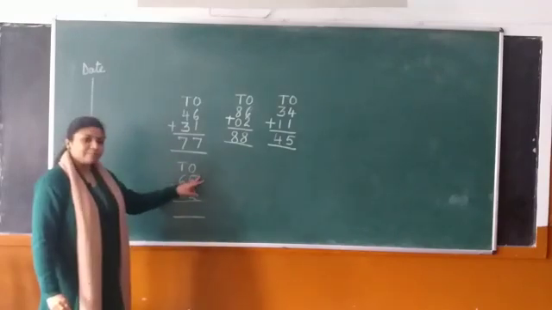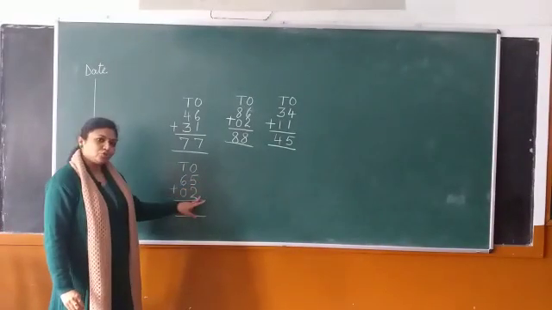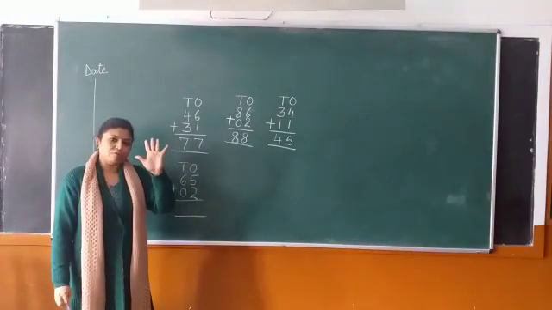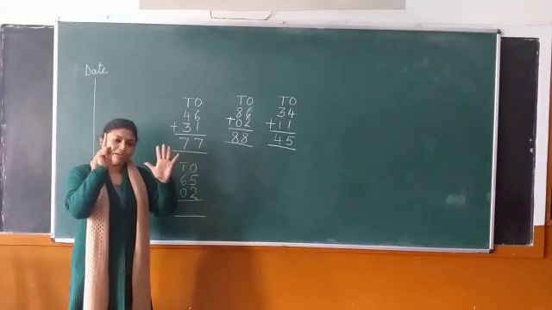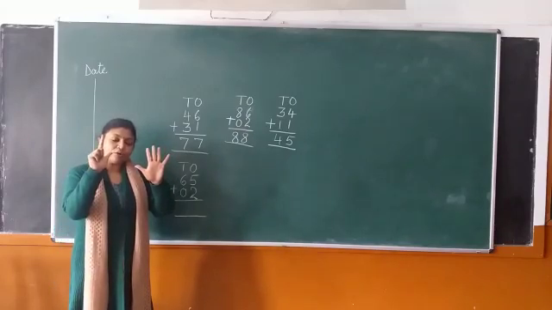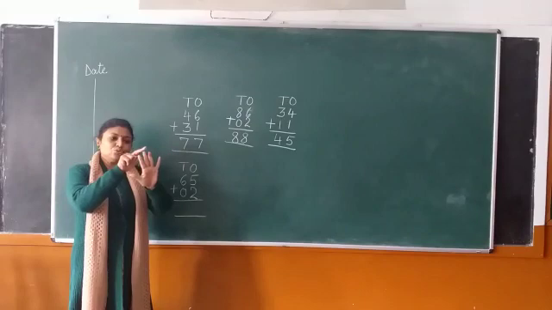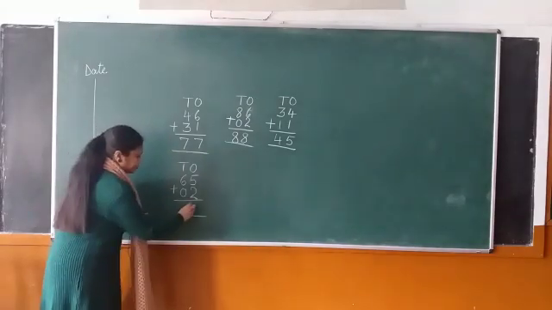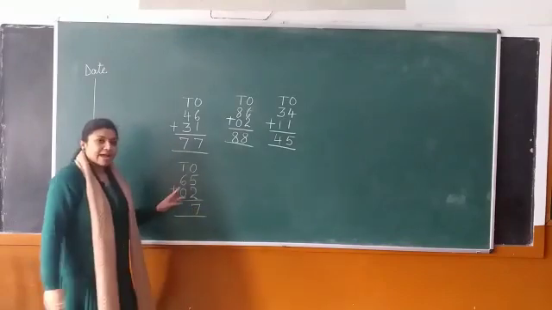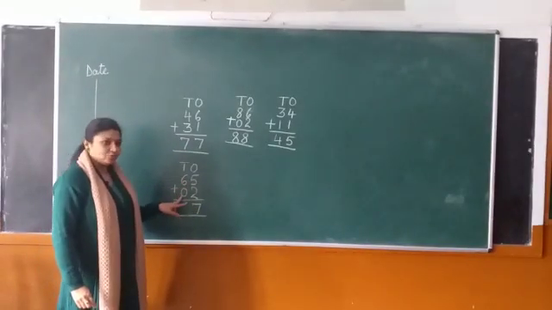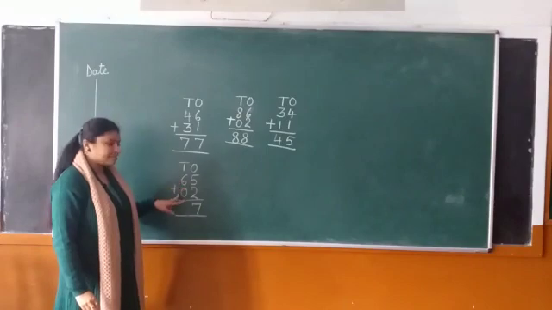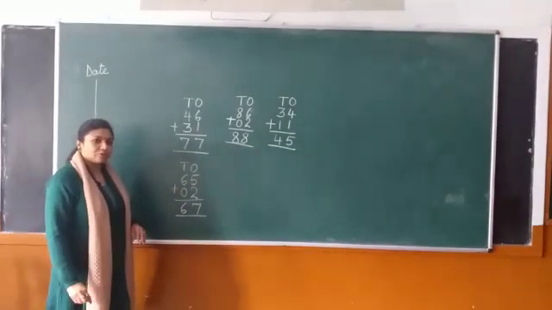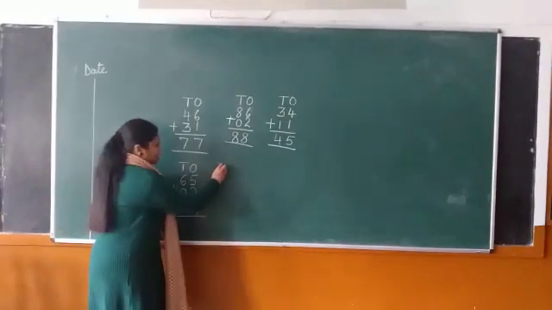Now under the ones place we have 5 plus 2. So let's count 1, 2, 3, 4, 5 and plus 2. 1 and 2. So now let's count them together. 1, 2, 3, 4, 5, 6, 7. And 6 plus 0 is, as you know 0 has no value. So 6 plus 0 is 6. Like this. Now the next number.